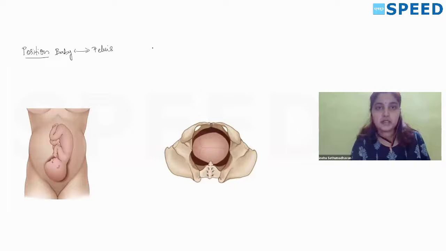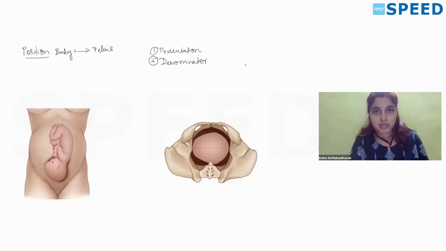The approach to this will be following 3 steps. First, know what is the presentation of the baby. Okay. And second will be, for that presentation, what is the denominator? Denominator is the fixed bony prominence on the baby's presenting part. For example, for cephalic presentation, it is the occiput. For breech, it will be the sacrum. And for face, it will be the mentum.